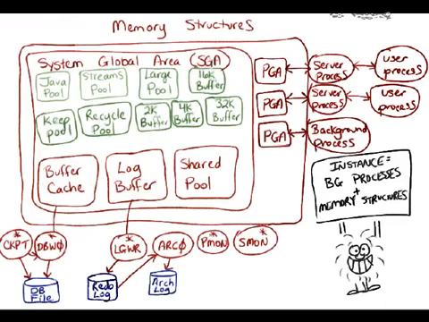Let's check out our processes. Anything in a circle in this diagram represents a process. Now down below here, we've got checkpoint, database writer, log writer, archiver, process monitor, and system monitor. So let's start off with our database right